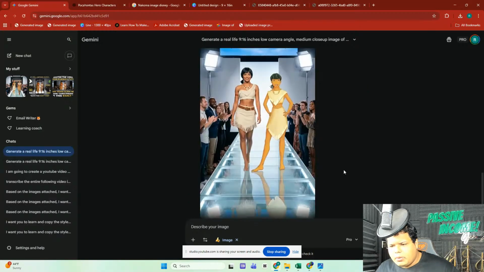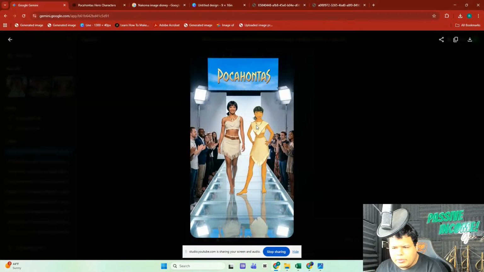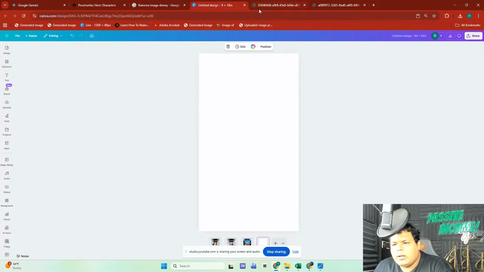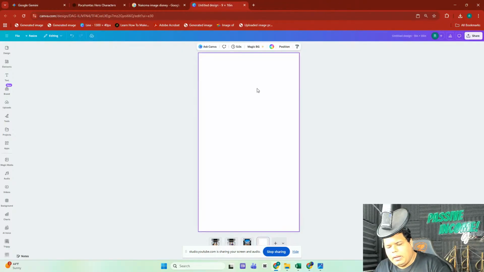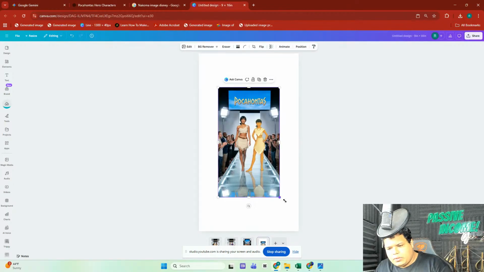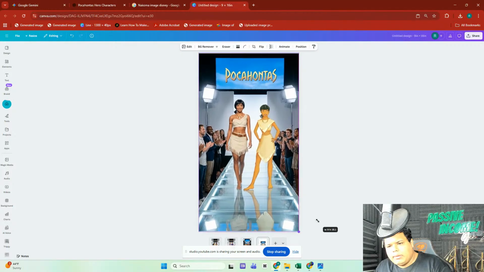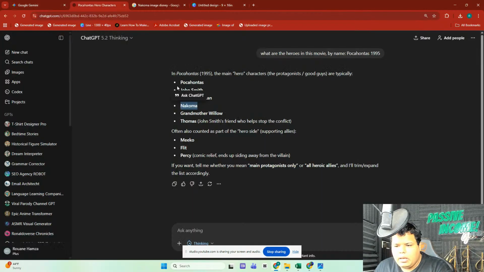All right, this one is pretty cool. I think this is exactly what she would look like. Okie dokie. So I'll copy that and then head straight back here. Now, of course, I could go on and generate the images of the entire characters, but I'm going to pause right at